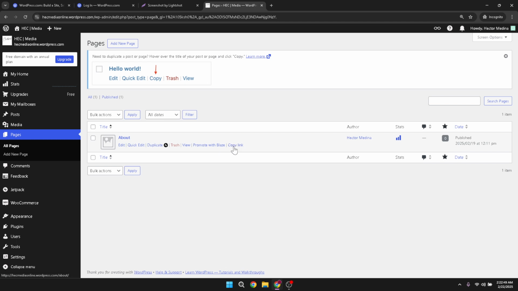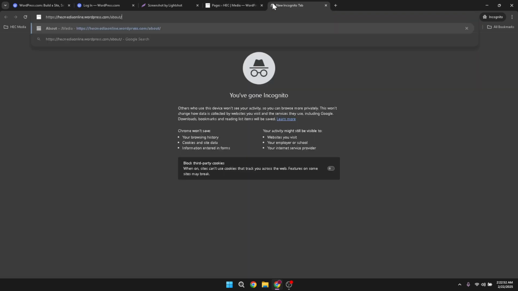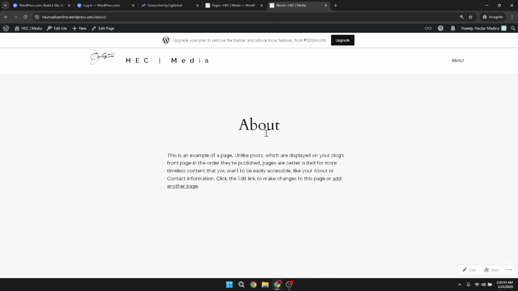Now you can paste it wherever you need, whether that's in an email, a blog post, or a social media update. By following these easy steps, you can streamline the process of sharing your WordPress pages, which is vital for promoting content and improving accessibility. With a little practice, getting page links will become second nature to you, helping you maintain an efficient workflow on your site. And there you have it, a simple and efficient way to get your page links from WordPress.